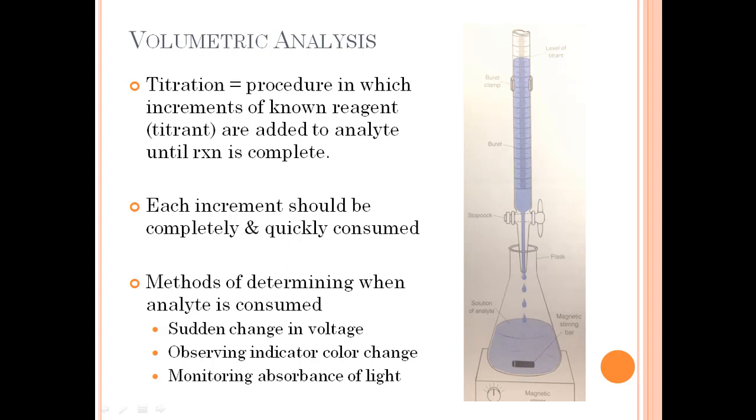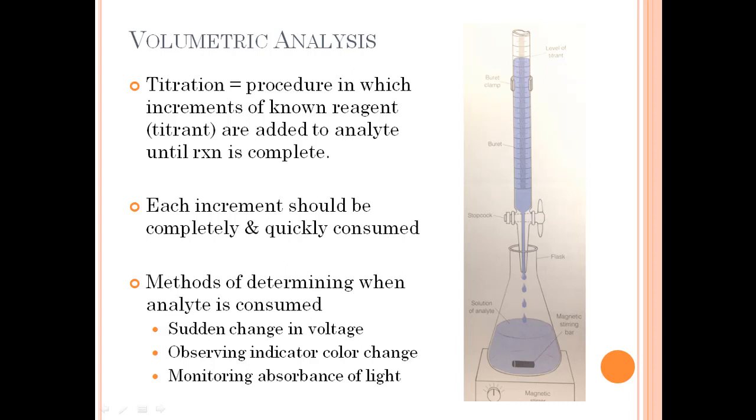The common titrations that you probably have heard of or have seen before are acid-base titrations, or even oxidation and reduction titrations, but there's a bunch of other different ones like precipitation reactions or complex formation titrations. We're going to start out with acid-base titrations, just like in general chemistry. So there's several methods that we can determine if the analyte, the thing in the Erlenmeyer flask, has been consumed. You can test it by voltage, or a change of color, or maybe just monitoring the absorbance of light